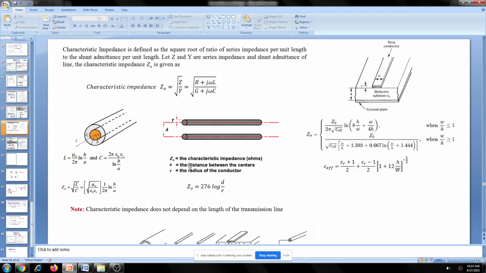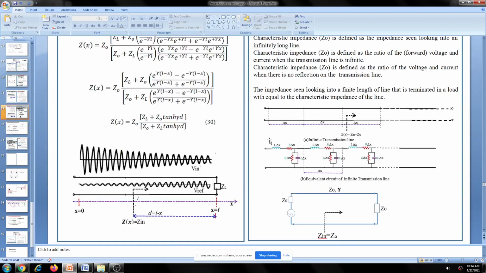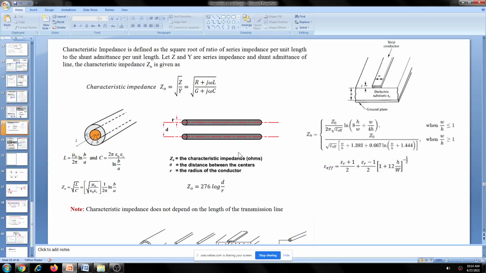Okay. Similarly, this is a two-wire conductor itself. That is also represented like this. Next, if you consider this microstrip line, it is also a two-conductor transmission line. Two-conductor transmission line means one is the strip like this, and another is the bottom. There is a conductor. This is a conductor.